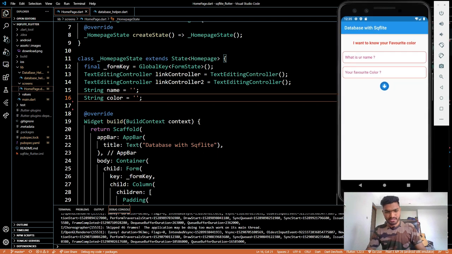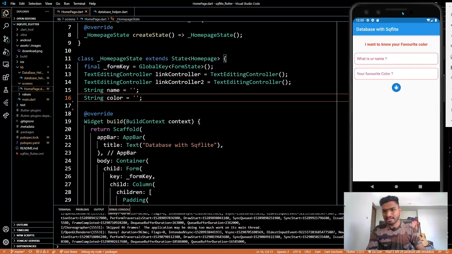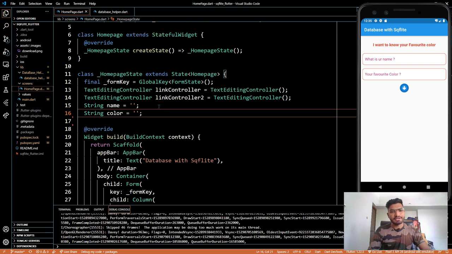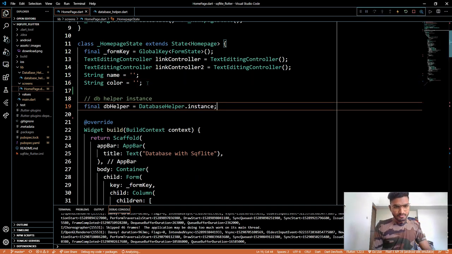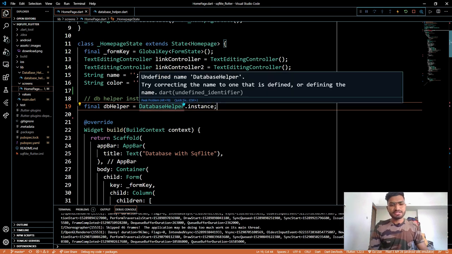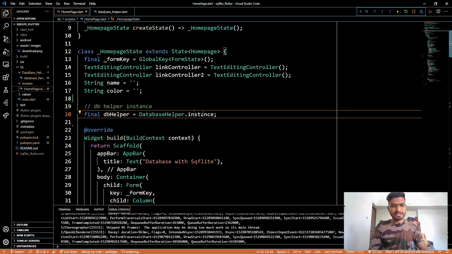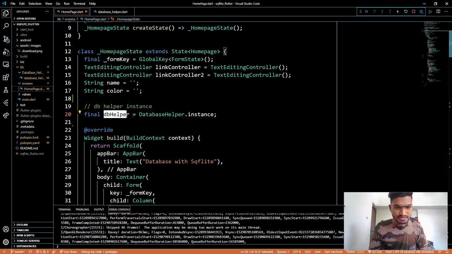So here is my project, and now I have not added anything here because I have not yet written the methods that we are going to use here for accessing the local database. So now what I'm going to do here is create an instance. I already have a project, so I am going to copy it, but yeah, I'm going to create an instance of my database helper class, and let me just import my class here. Okay, so this is my instance DB helper.